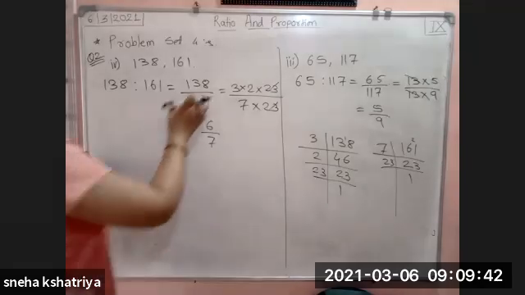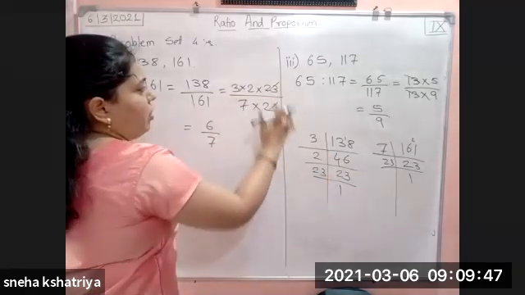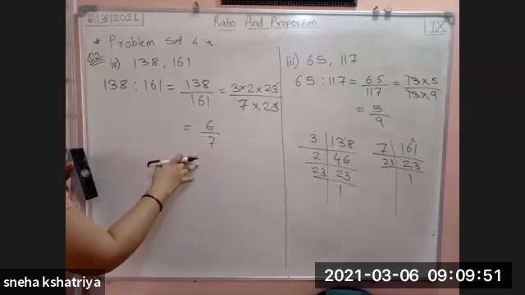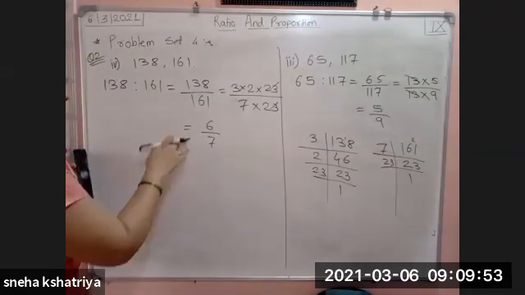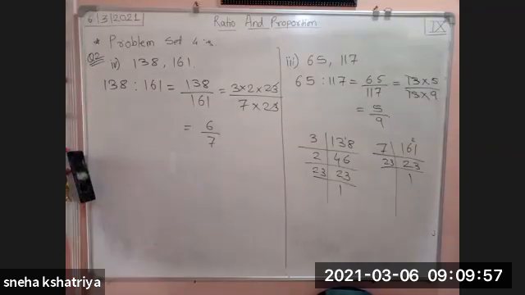Very simple. If a bigger number comes, find the factors and write the factors. Whatever the common number is, you get it cancelled. And whatever remains, if it can be solved, then solve it. If it is not, keep it as it is. Because 6 and 7 are consecutive numbers, so they cannot be divided. The last one from question number 2, that is 114 and 133.